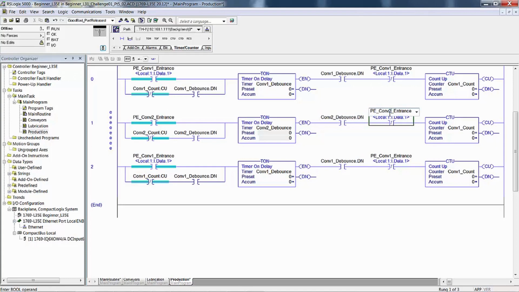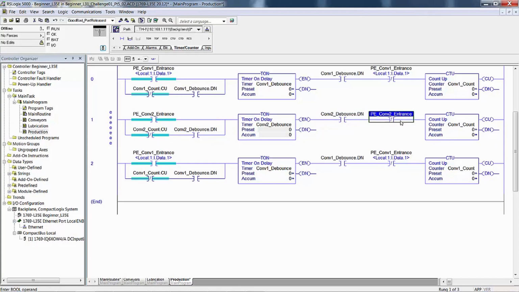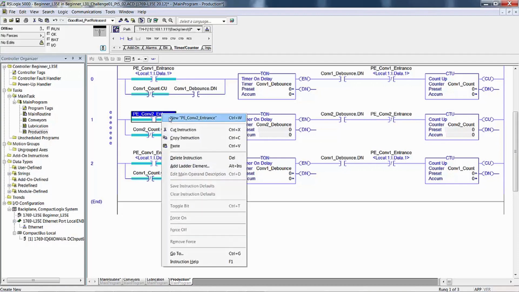And of course this is not a defined tag, so as soon as I do that, the alias 2 disappears. Okay, now I've changed all the 1s to 2s, and there's many undefined things here. So first we're going to define this tag, which is data 2. Right click,